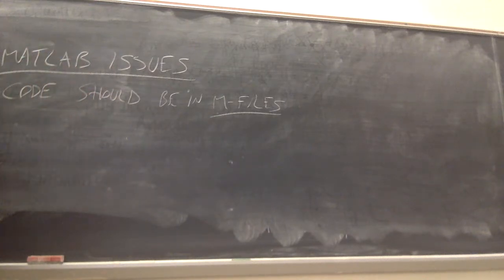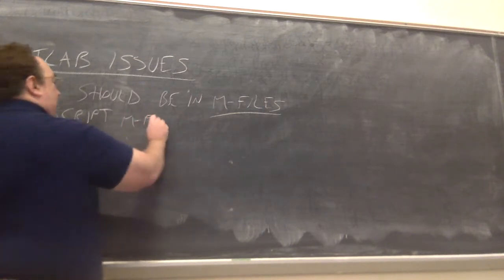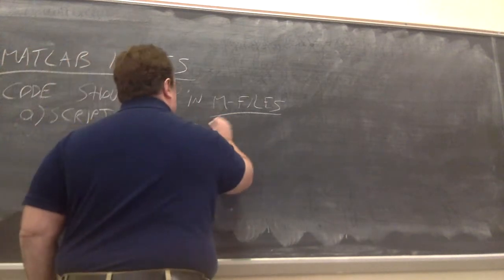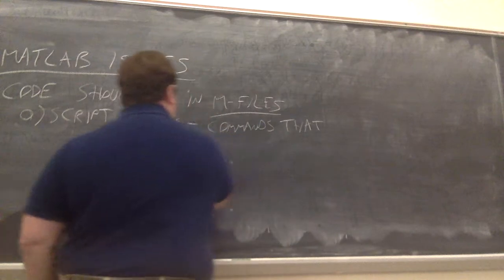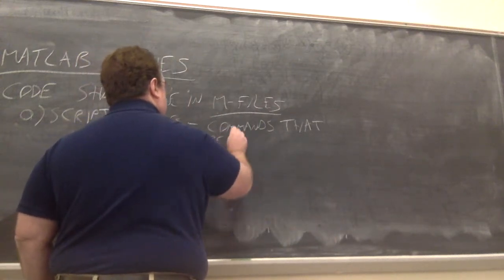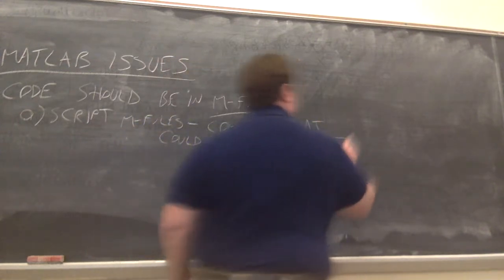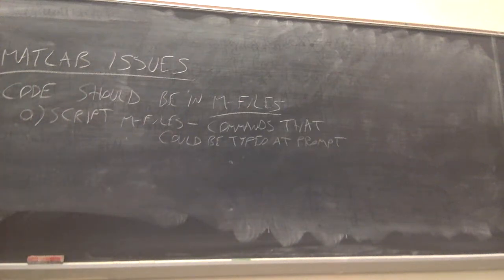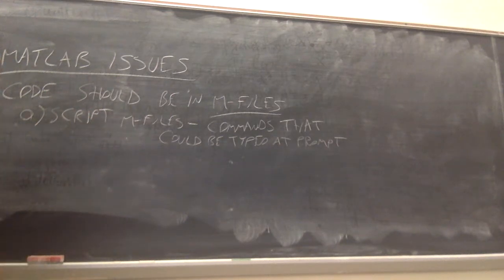So in other words, something .m, the extension, which could either be script M files, which would consist of commands that could be typed at the prompt, but by putting them in the script file, you can run it several times. You'll not have to retype things. The whole process is much more efficient, and so then I can look at that and see what you did. For instance, these are often used to test your functions, and then